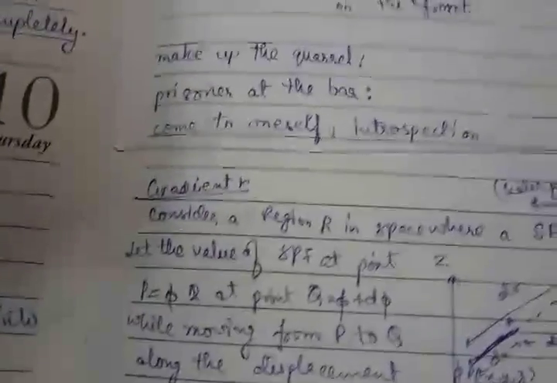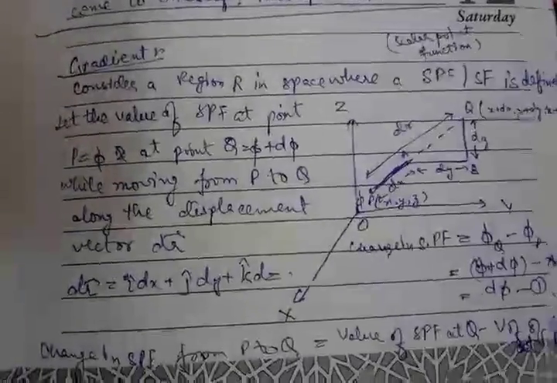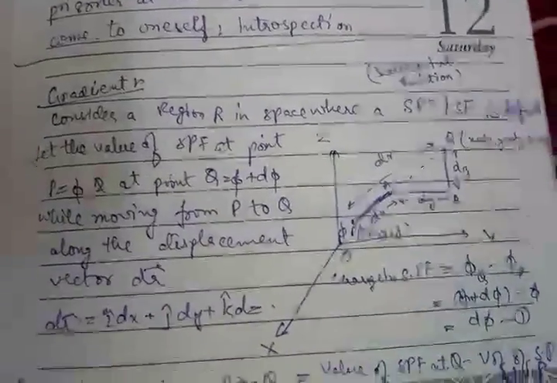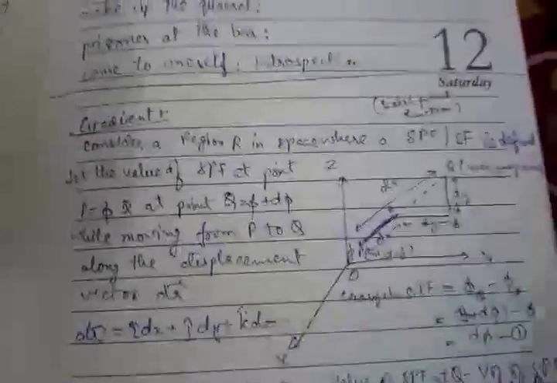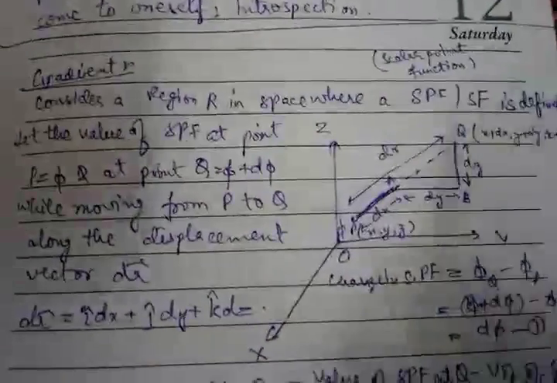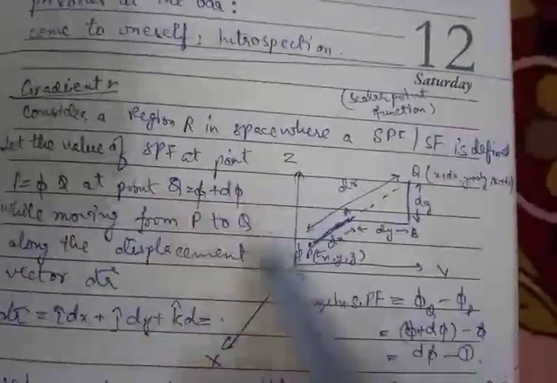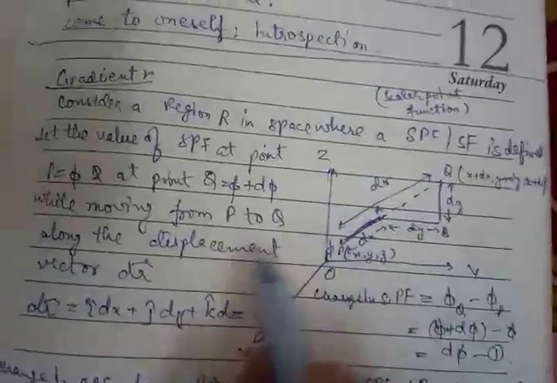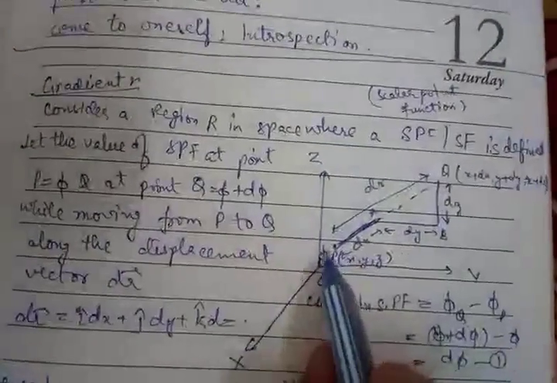Hello everybody. Today I'm going to tell you about the gradient of a scalar point function or a scalar field. As I have written here, consider a region R in a space where a scalar point function or a scalar field is defined. Let the value of the scalar point function at point P, this is the point P, be phi, and at point